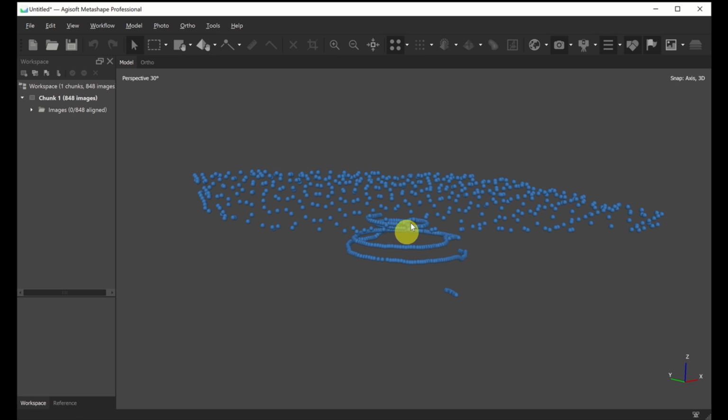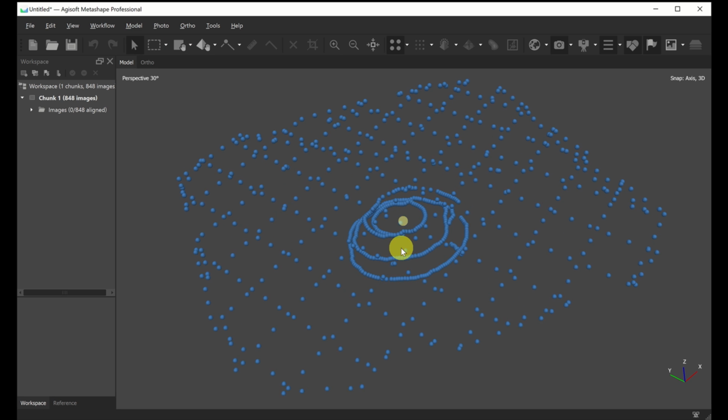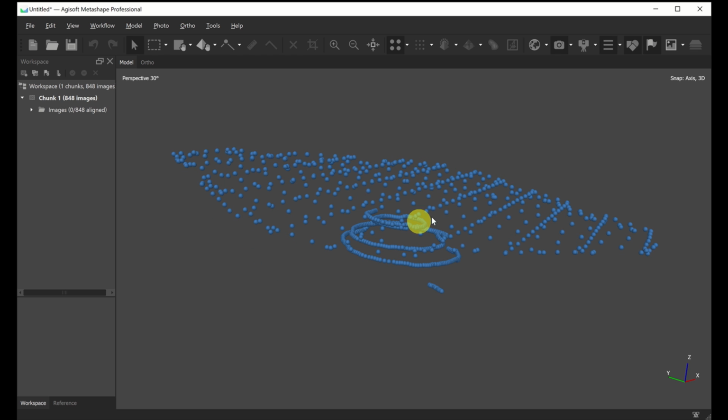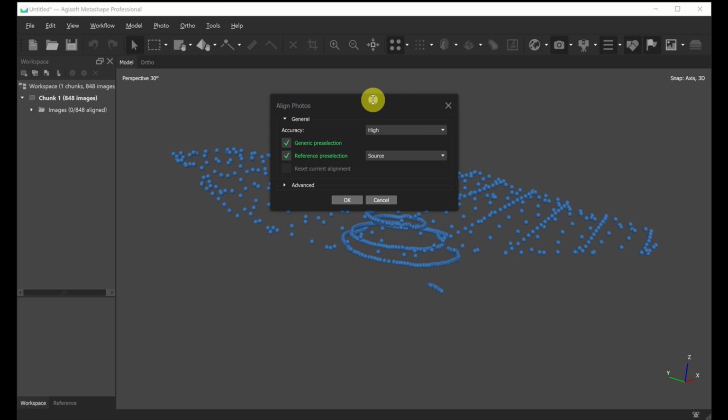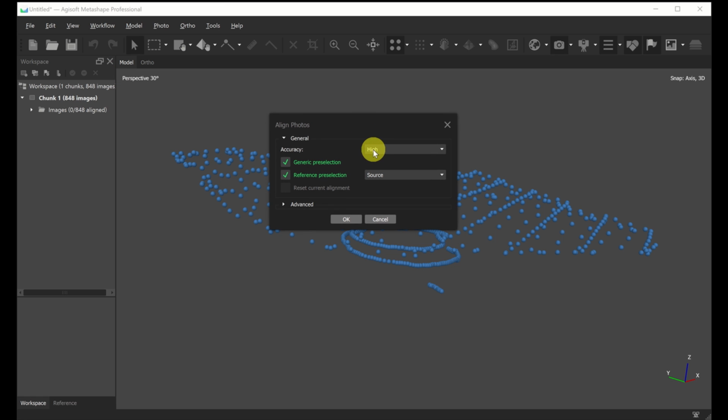Now that I have all of my images loaded and ready to process, I'll go up here to Workflow, Align Photos. Now here you want to make sure that you're aligning on high. You've got several options from lowest to highest. I only would suggest using highest if you've already tried high and you're still not getting enough points to make